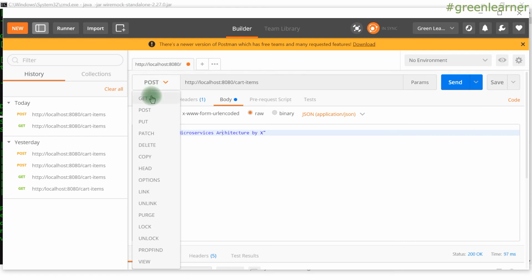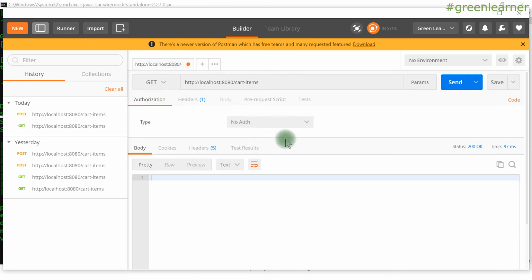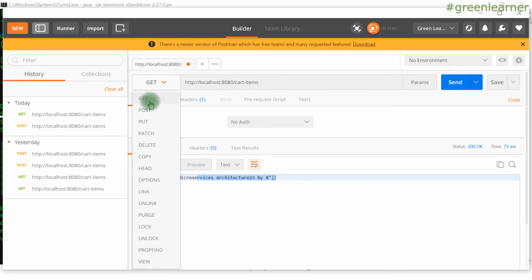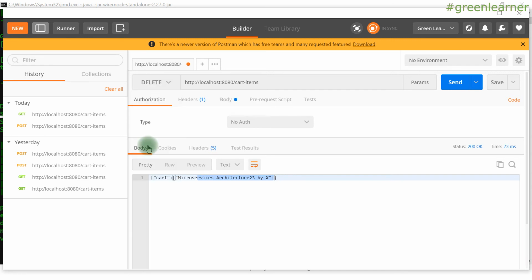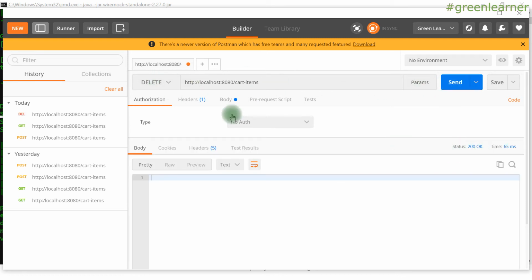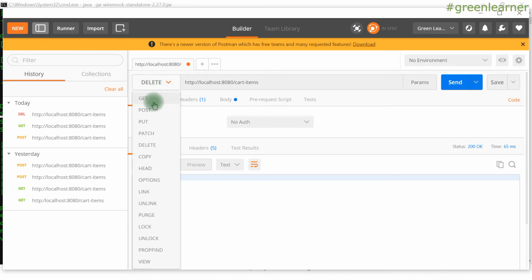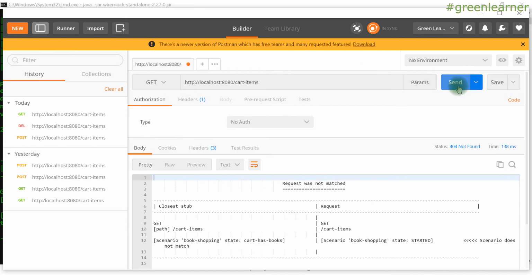So now again go ahead and change it to get, and now we are getting the proper things, right? So the flow is complete here, right? So now if I again want to get the empty basket again, I just have to change the state, and to change the state I have to call the delete endpoint. If I delete this, it is deleted. Now if I get this again, it is giving